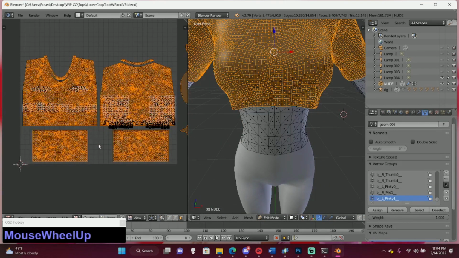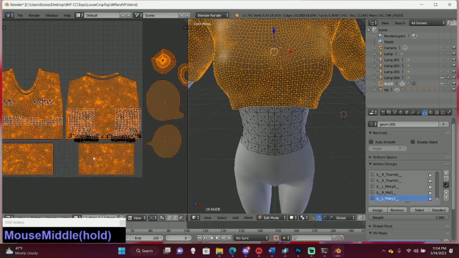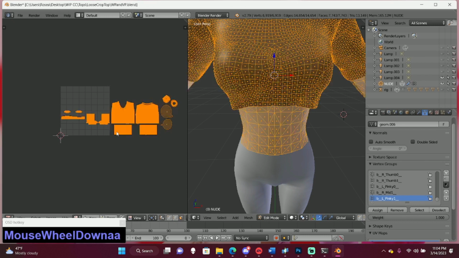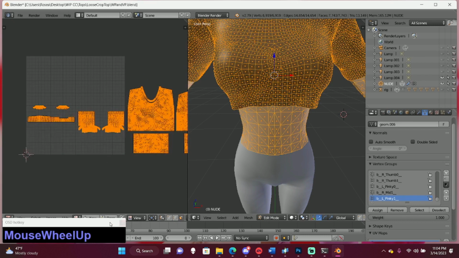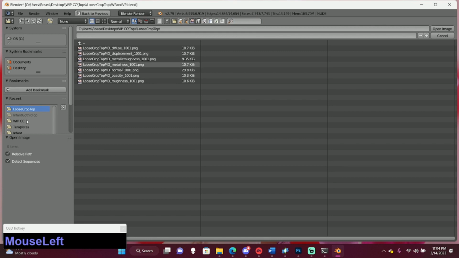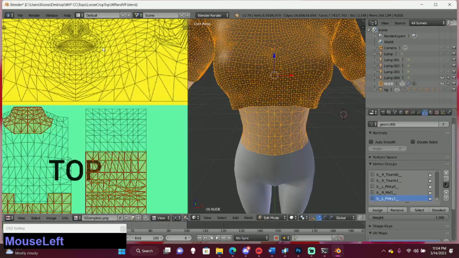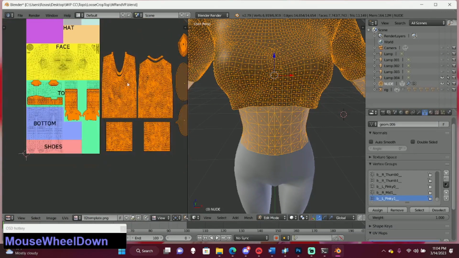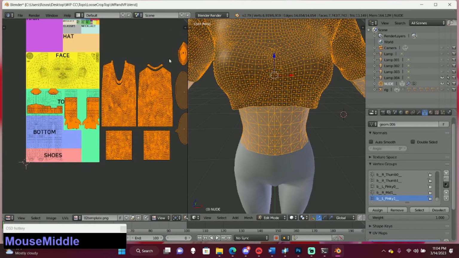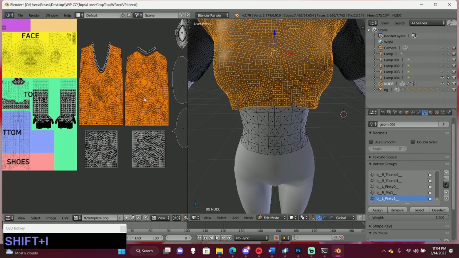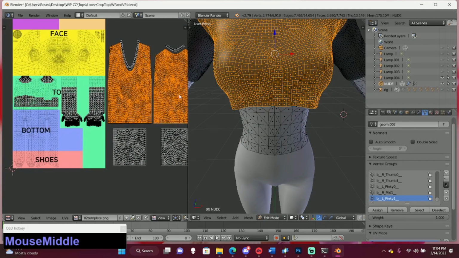Alright, so the next step is to press A, then click right here and press open, and then you're going to go to your templates and open up your template. And now we need to get all of this into the green area. So I'm going to take these first.